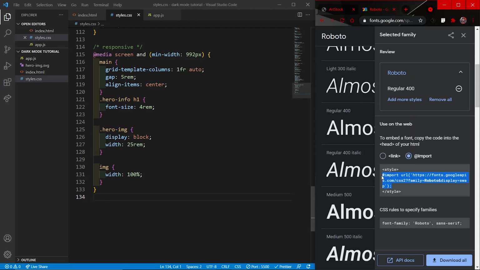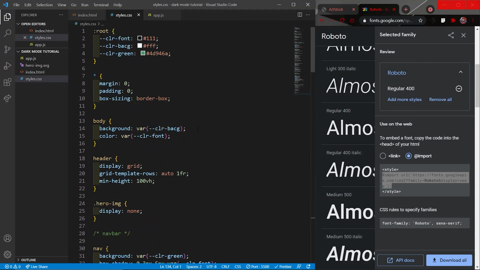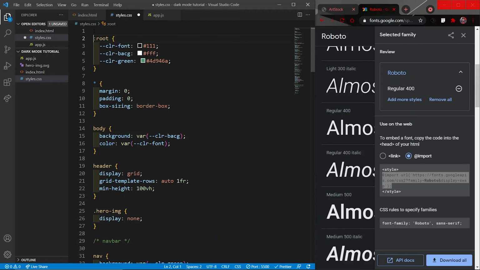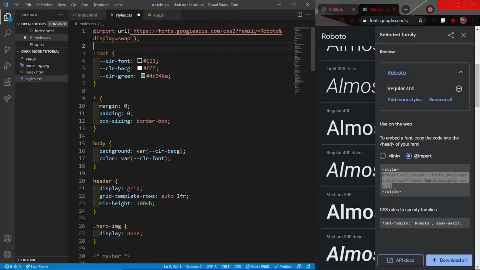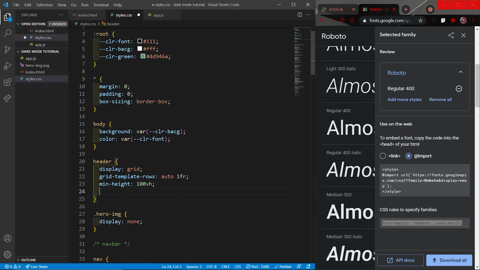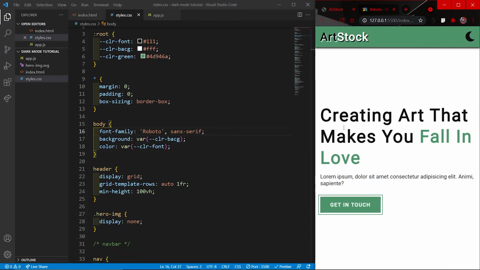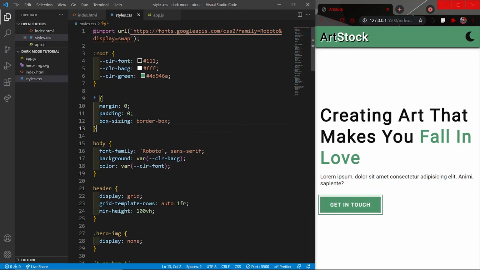So I will go for the second one, copy this and move at the top of my CSS file and paste it here. And then we also need to provide this font family property. So I will copy it and paste it in my, no, not header, in my body tag. So if I save now and move to my website, you see the font has changed.